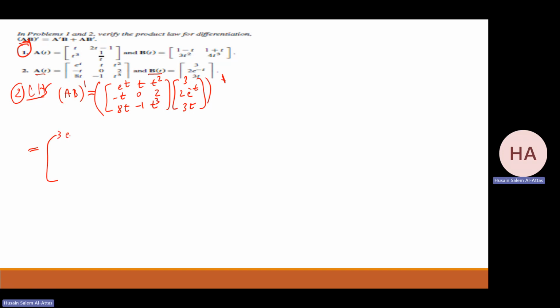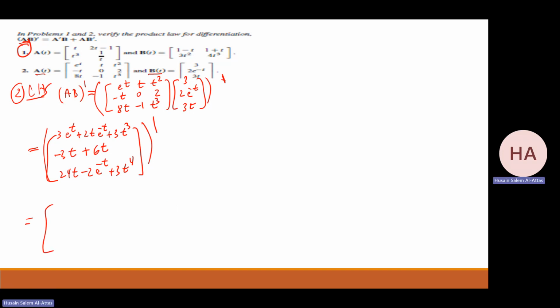That will be 3e^t plus 2e^t minus t plus 3t cubed. This times this, minus 3t plus 6t. Okay, don't forget all prime. This one will be 24t minus 2e^t minus t. Plus 3t to the power 4. Yeah, so that will be